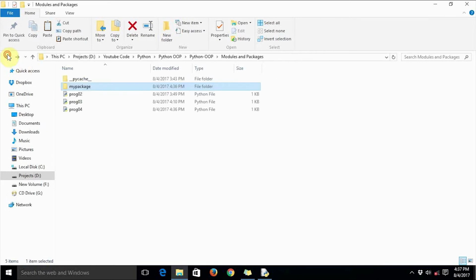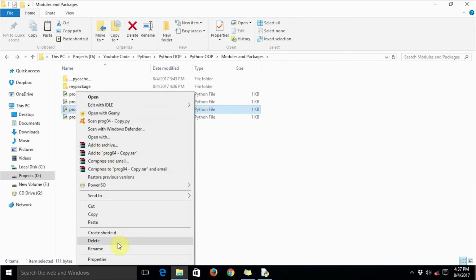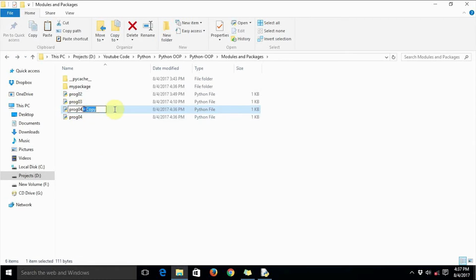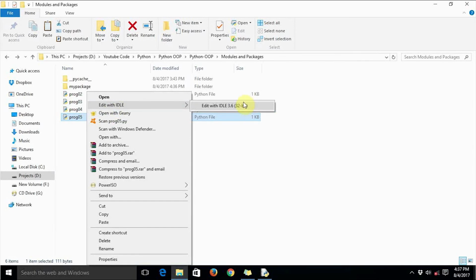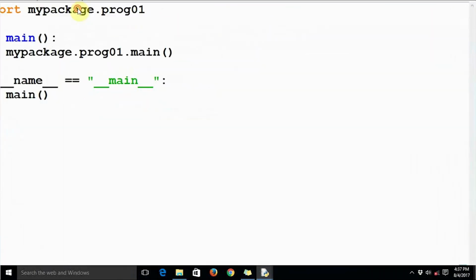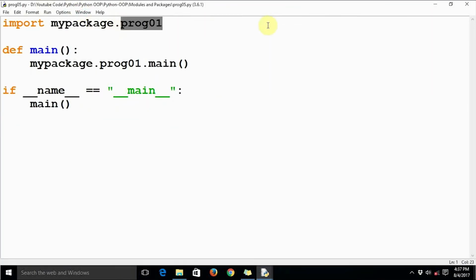So let's create another code file and name it prog05, and edit it with my package.my sub package.prog01.